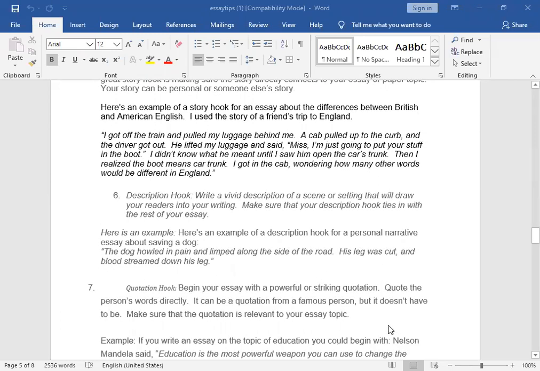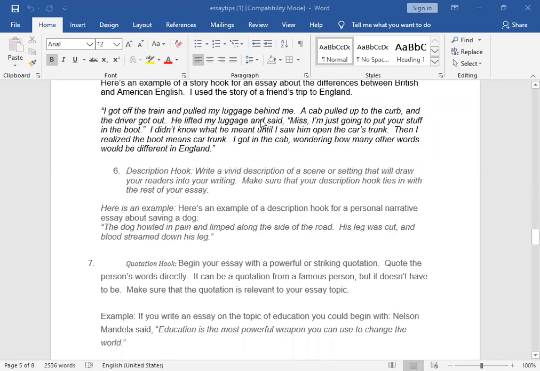Then number 7, we have the quotation hook. Begin your essay with a powerful, striking quotation. For example, you begin by using a proverb or some quotes by a prominent, well-known person. Quote the person's words directly. It can be a quotation from a famous person, but it doesn't have to be. Make sure that the quotation is relevant to your story. Like we said,